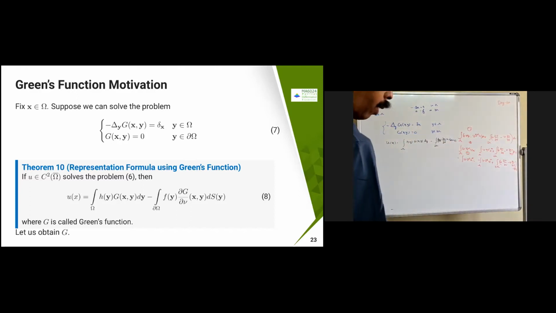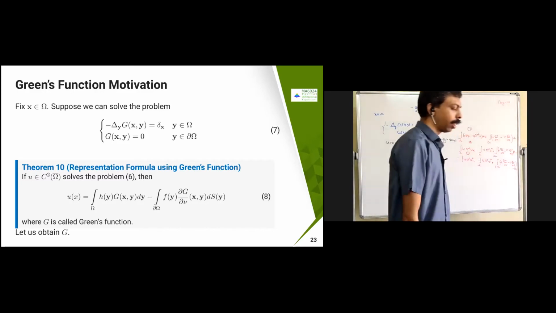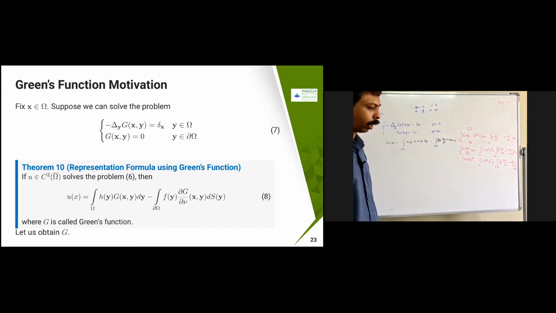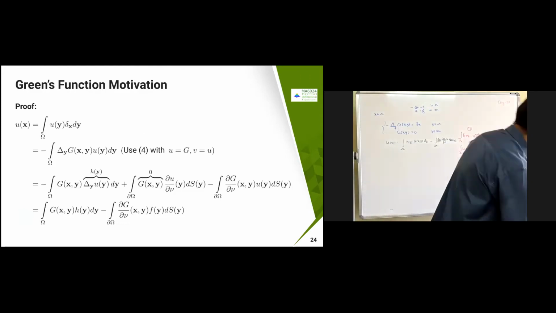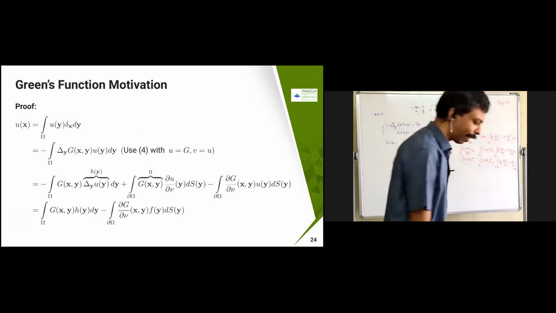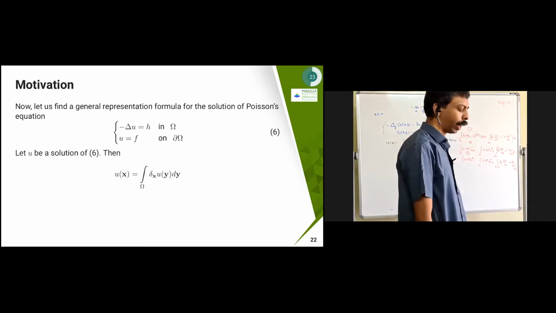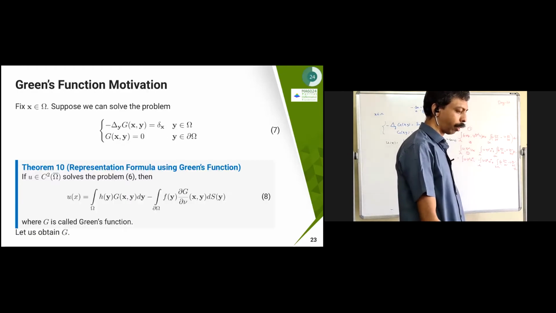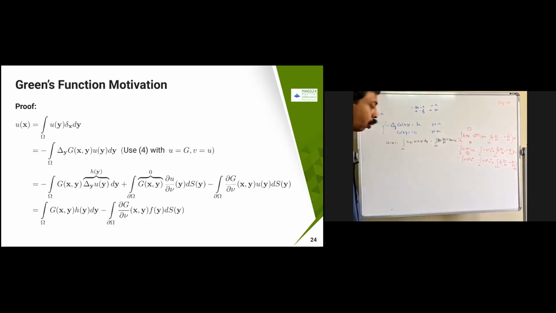This is called Green's representation formula. We need to obtain this g. But before that, let us see whether it is true or not. We will just claim that this is true, then we will go for that. This one we have already proved: u of x equal to integral of delta x, u of y dy, which we have already proved in one of our previous classes. So we are going to use that,